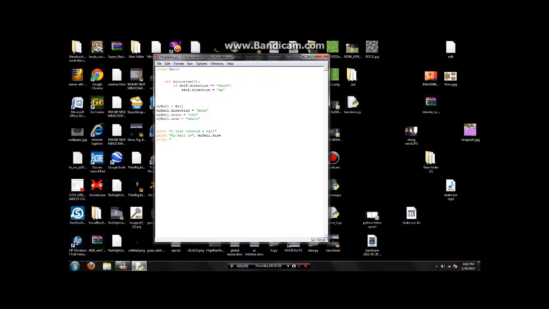One sec, guys. Okay, making sure I was doing this right. Is, and then size dot color. I'm making sure that's correct. Oh no, it's my ball dot color. Sorry about that. Get my ball dot color, and then